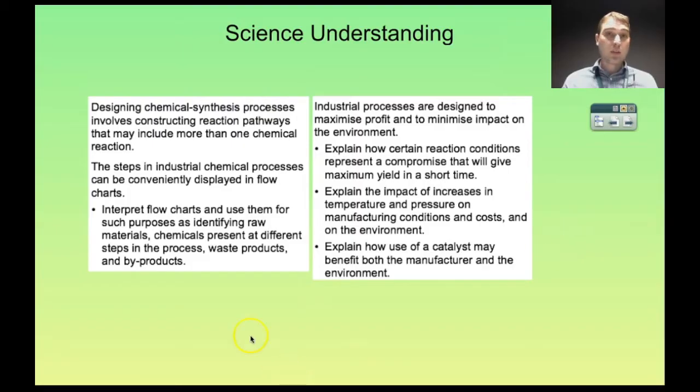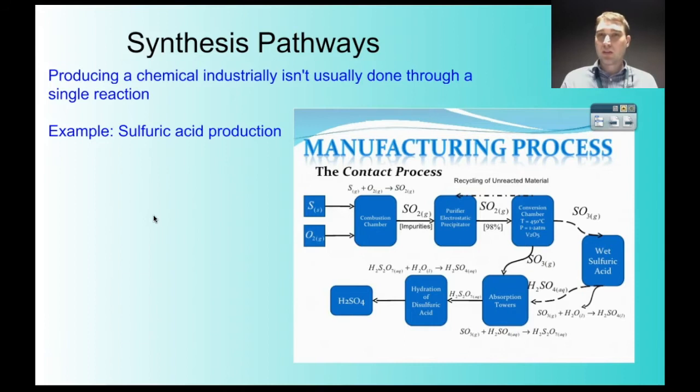So the science understandings we're going to look at: designing chemical synthesis processes involves constructing reaction pathways that can include more than one chemical reaction. Steps in chemical processes can be displayed in flowcharts, and industrial processes are designed to maximize profit and minimize impact on the environment. So to industrially produce a chemical, normally there are multiple reactions that have to occur to produce